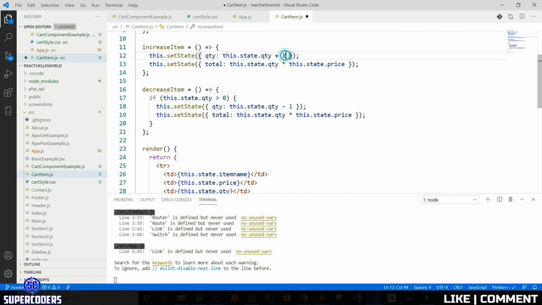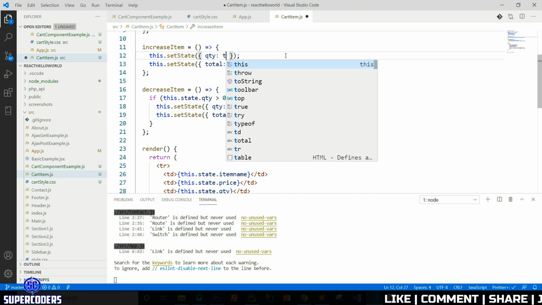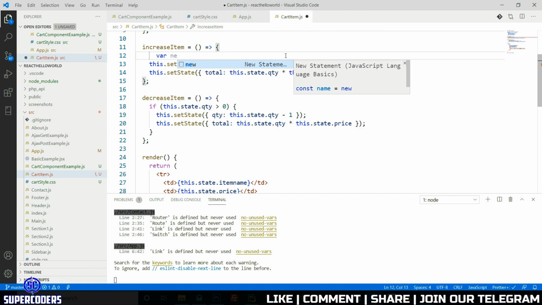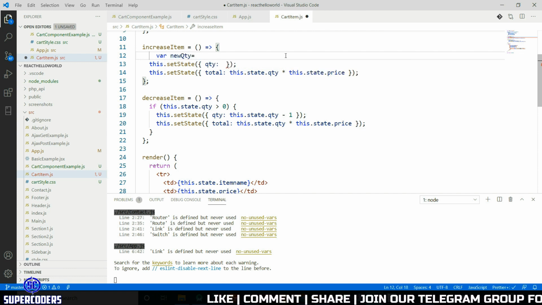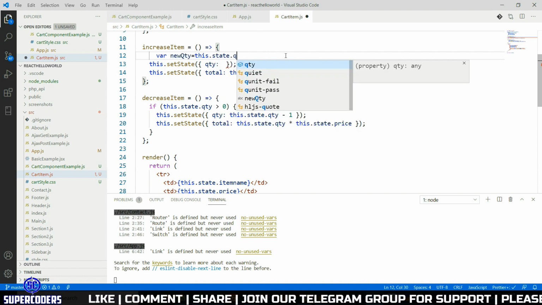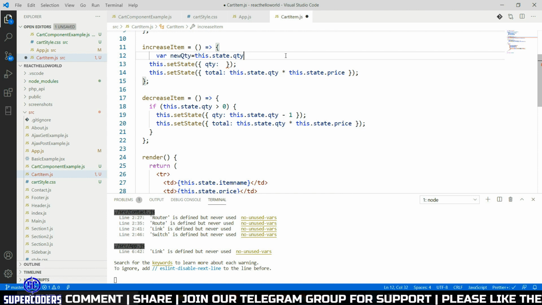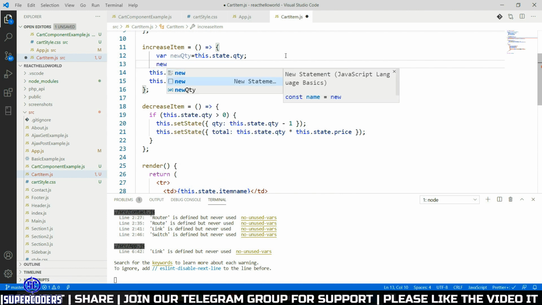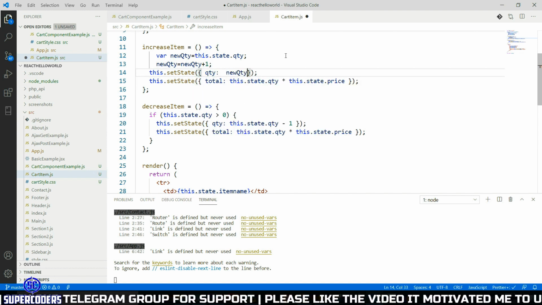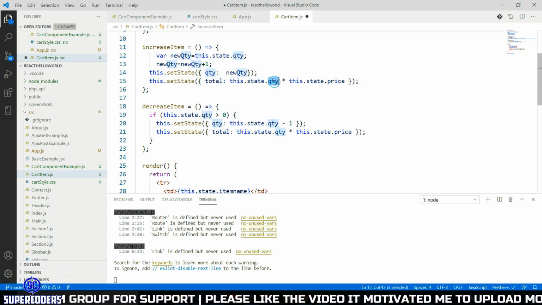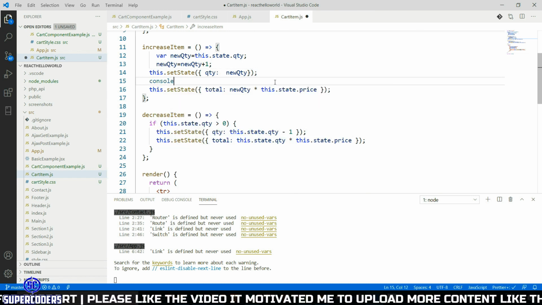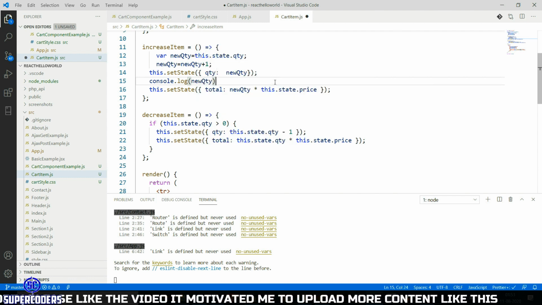Remove this, and here: let newQuantity equal to this.state.quantity, newQuantity equal to newQuantity plus 1, then pass newQuantity, and here also pass newQuantity. Console.log newQuantity. Let's see,